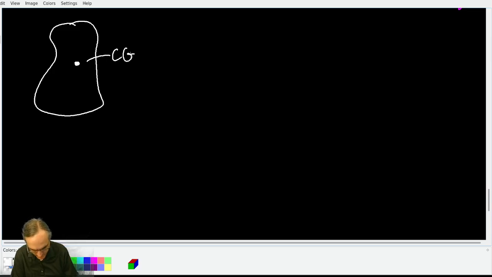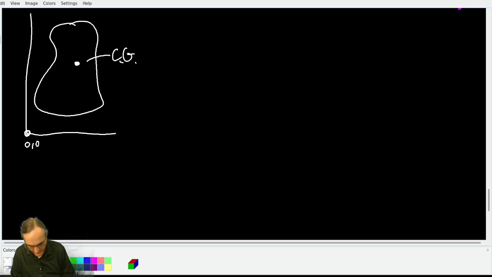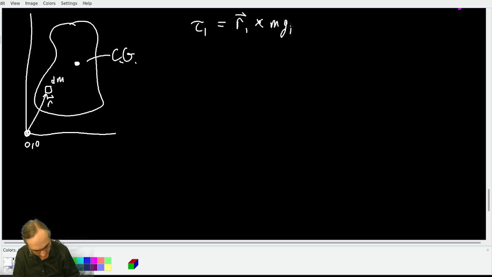So we've marked our center of gravity. And let's set up a coordinate system around this. We'll have a 0, 0 somewhere. And then what we can do is think about each little piece dm has a vector r going to it, and we can start calculating the torque due to each small piece, like say piece 1, would be equal to r1 cross mg1. Okay, and we can add up all those torques